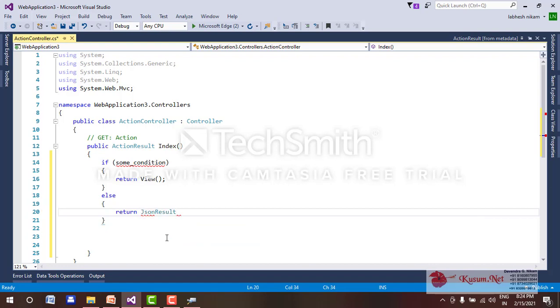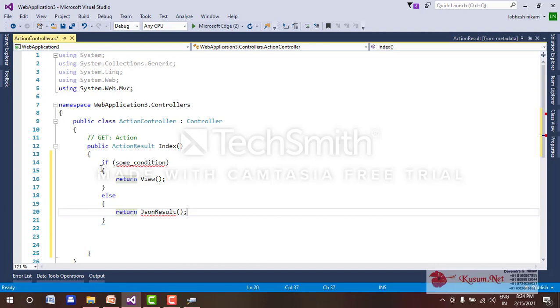Then you have the confusion: this condition requires a view result and this condition requires a JSON result, so what object do we have to use? That time we have to use action result.